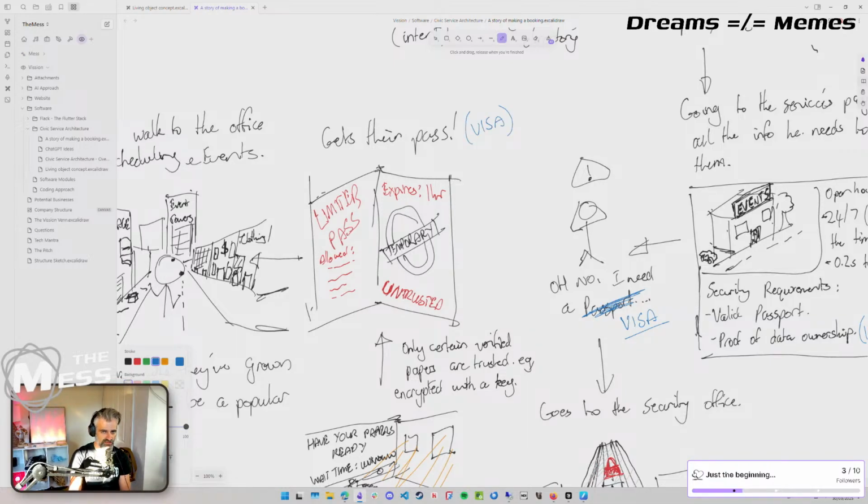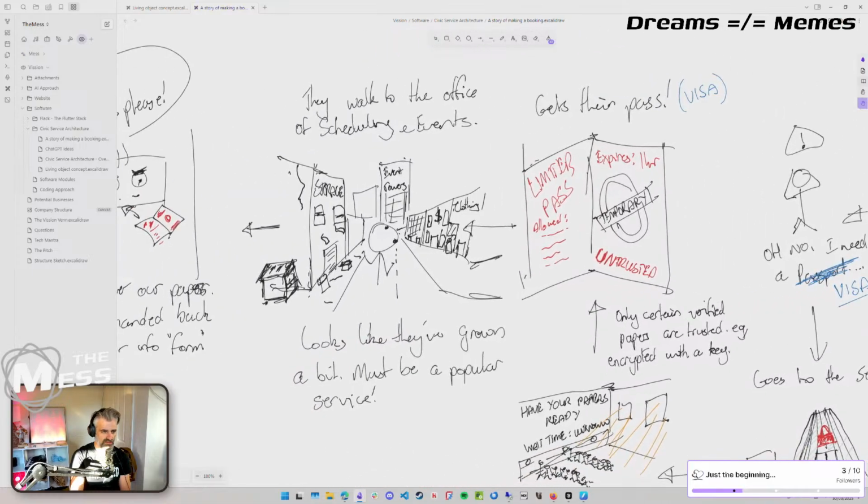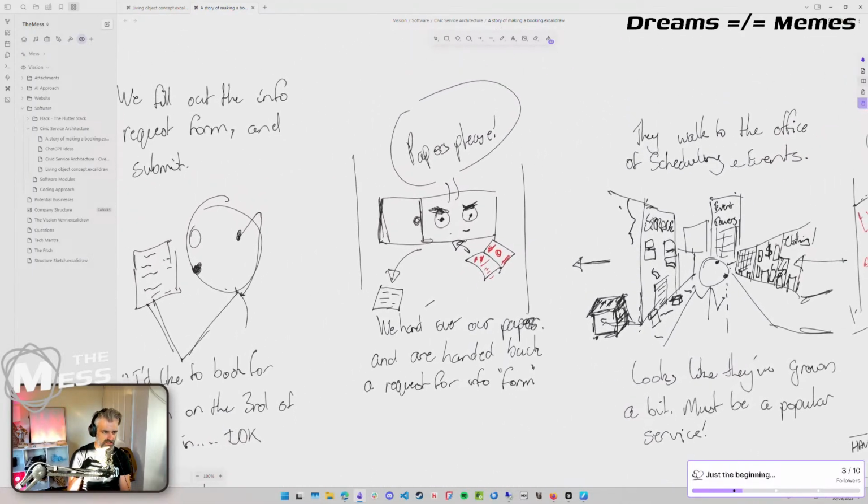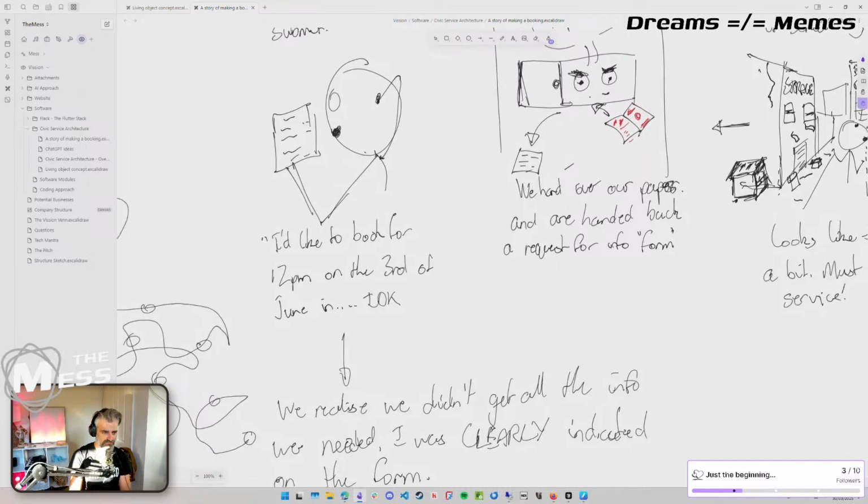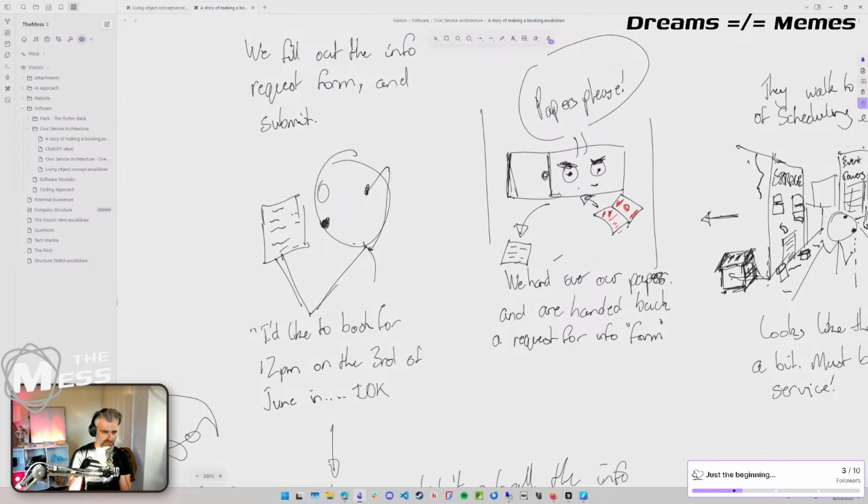Temporary visitor's visa. So he takes that. Papers, please. Hand over our papers. So we require any form to be able